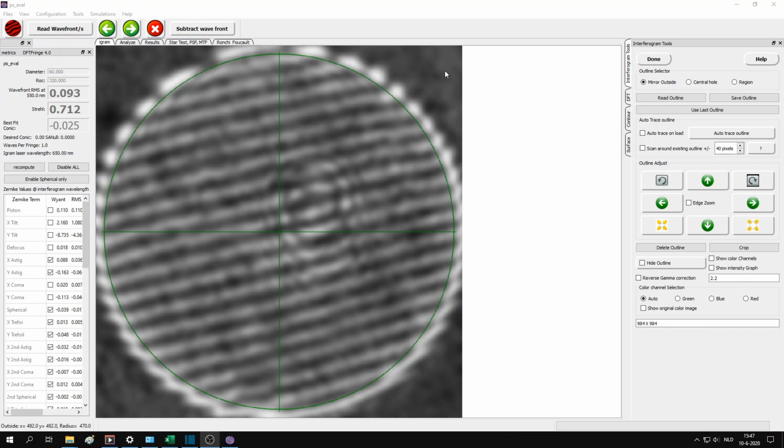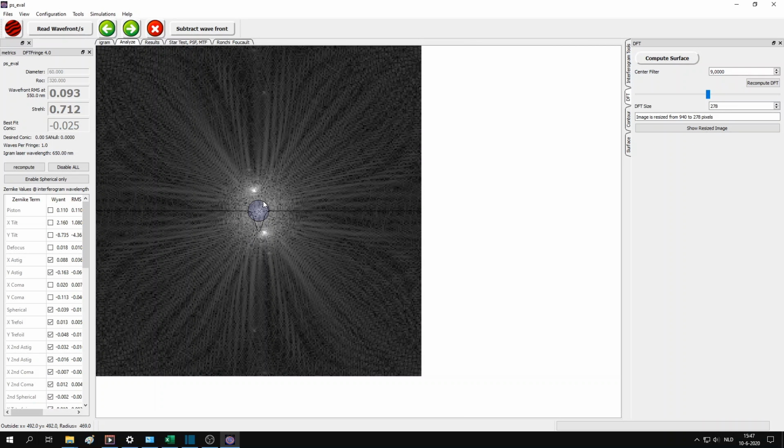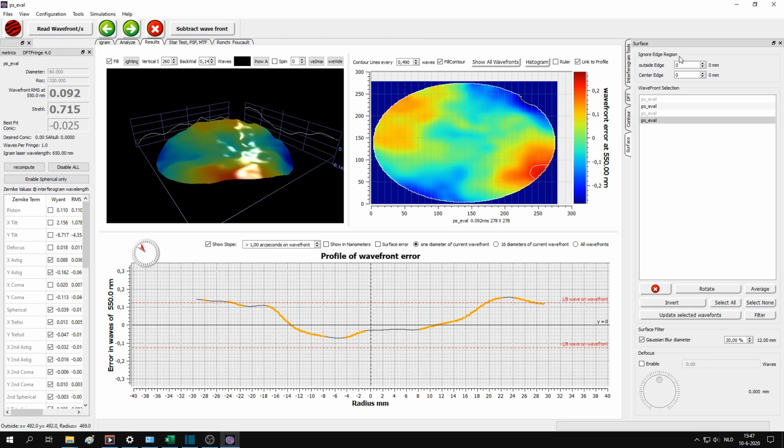For evaluation of the fringe patterns, I used a shareware program by Dale Eason called DFT Fringe. Now, DFT Fringe has a few quirks, such as the fact that it refuses to present a round mirror as round, but I must admit that it's a truly amazing piece of software.